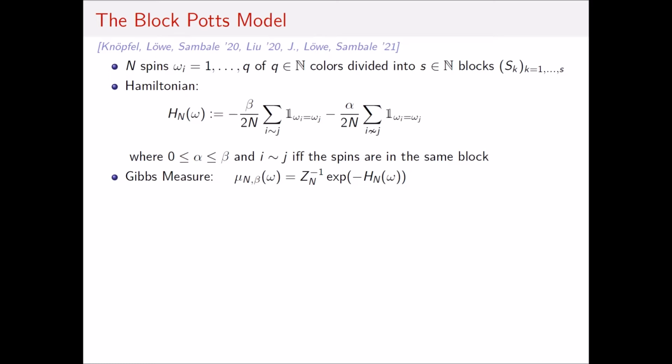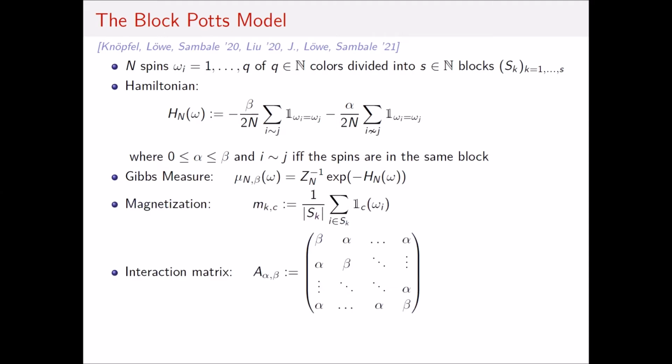Special cases that you should have in mind are, for example, alpha equal to beta. Then we get back the classical mean field Potts model. And for alpha equal to 0, we're looking at blocks of independent mean field models. Then, as usual, the Gibbs measure is a probability measure defined on the space of configurations, which favors configurations of low energy. As I've been telling you already, we are interested in the magnetization, which just counts the number of,